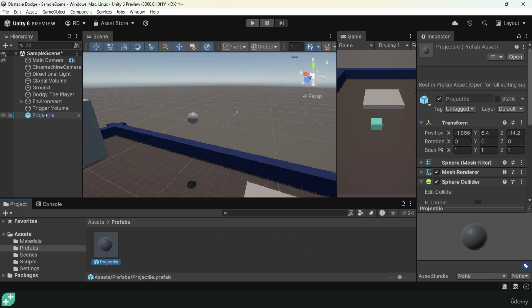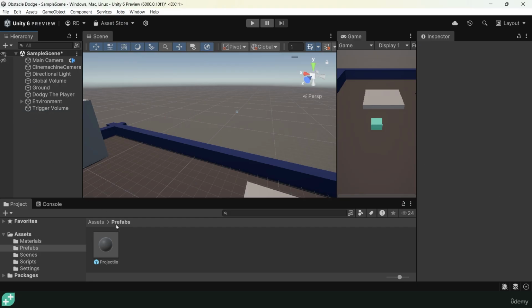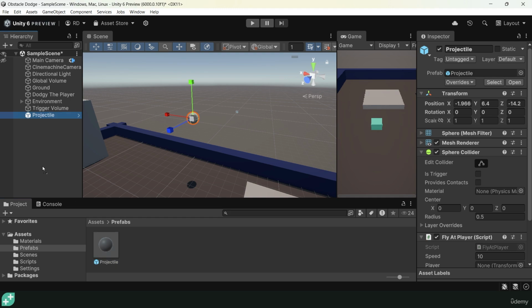Now that I've turned that into a prefab, this game object is an instance of the prefab. If I delete that, oh, it's gone. No, it's not. I can just drag the prefab back into the hierarchy and it reappears again. I can drag it another time, hit W, and you can see I've now got 2 in there. It's magic. I could also drag from my assets folder into the world itself,